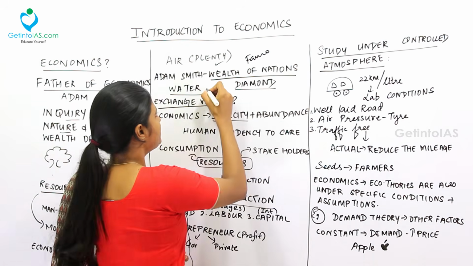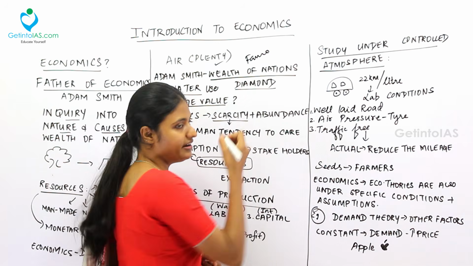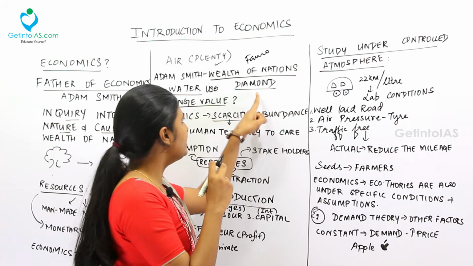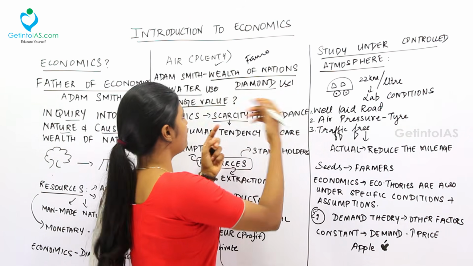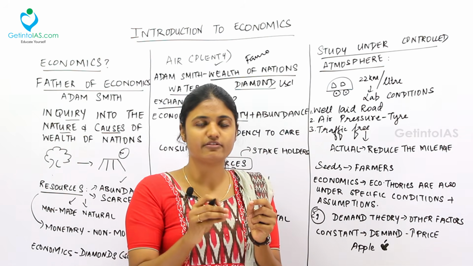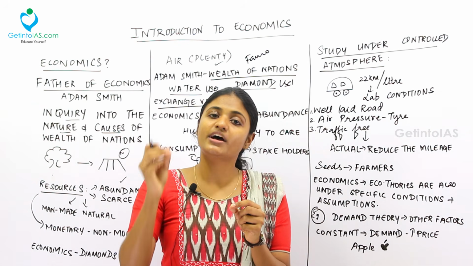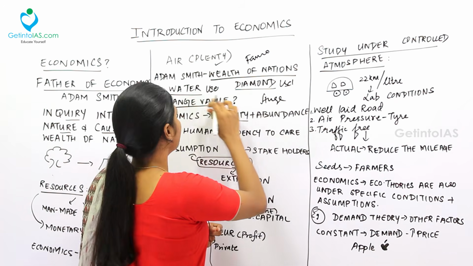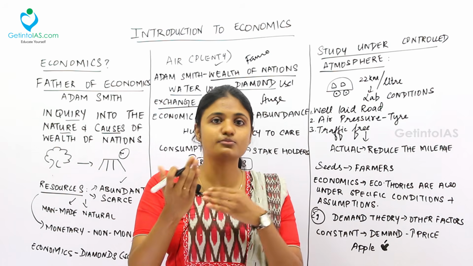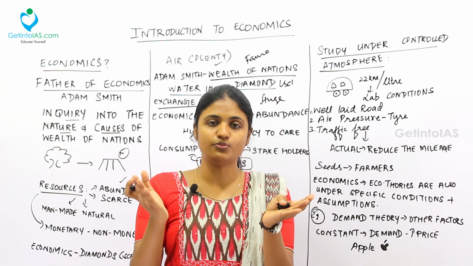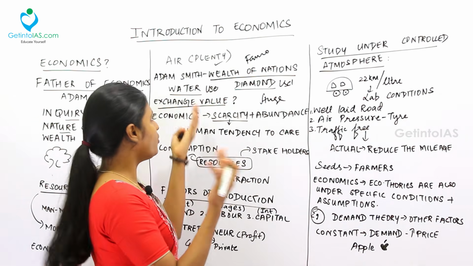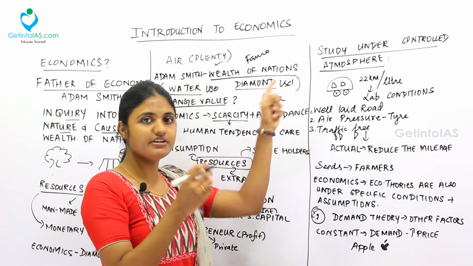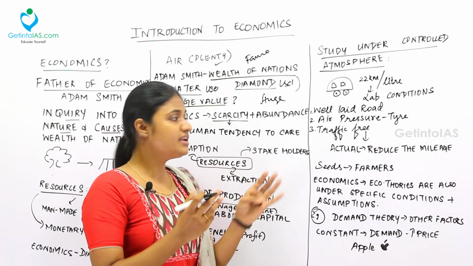The thing is, water is more useful than diamond, right? When you compare diamond and water, diamond has little value in the sense that it is not so useful to life, but water is very essential for life. But which has a greater exchange value? It is diamond. When you exchange diamond, you will get a huge amount of money, but when you exchange water, you won't get that much. This is the exchange value between diamond and air or water. This is what Adam Smith explained in his book Wealth of Nations: how wealth revolves around our nations.